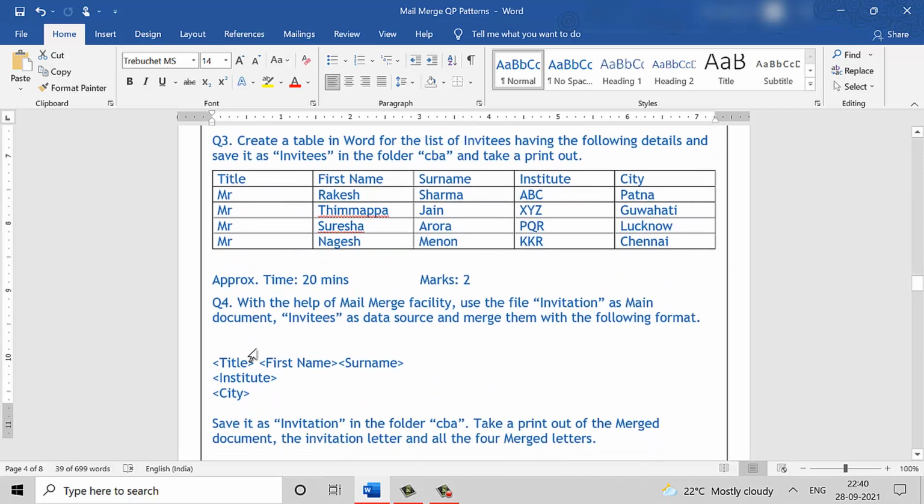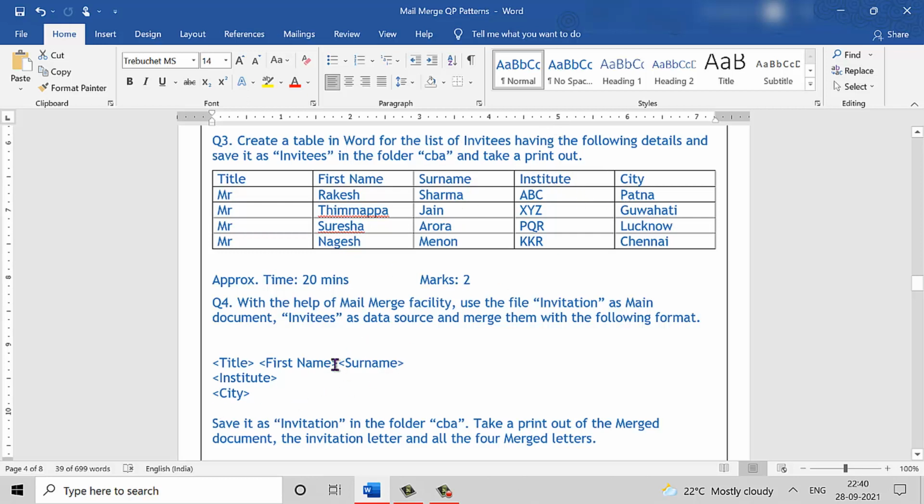One tip to understand the fields and the data table is to look at them one next to the other. The total number of columns in this table is 5, so that many fields will be there for merging also. So title, first name and surname, institute and city.